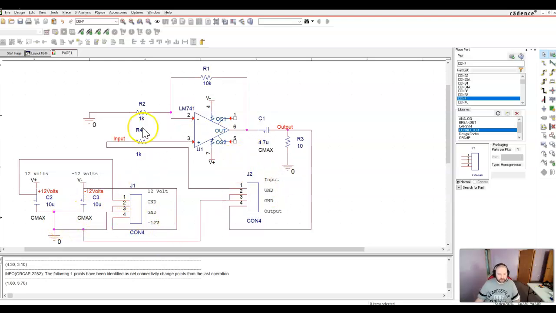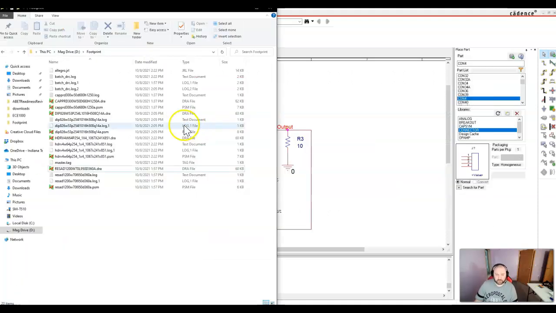So we've got all the connectors made here. Now, first thing we have to do is make sure that all of our parts make sense. And what I mean by that is, let's look at this part for instance. Let's count the number of pins on it. 1, 2, 3, 4, 5, 6, 7. There are 7 pins on this component here. Now if I go to my footprint directory and I pull up